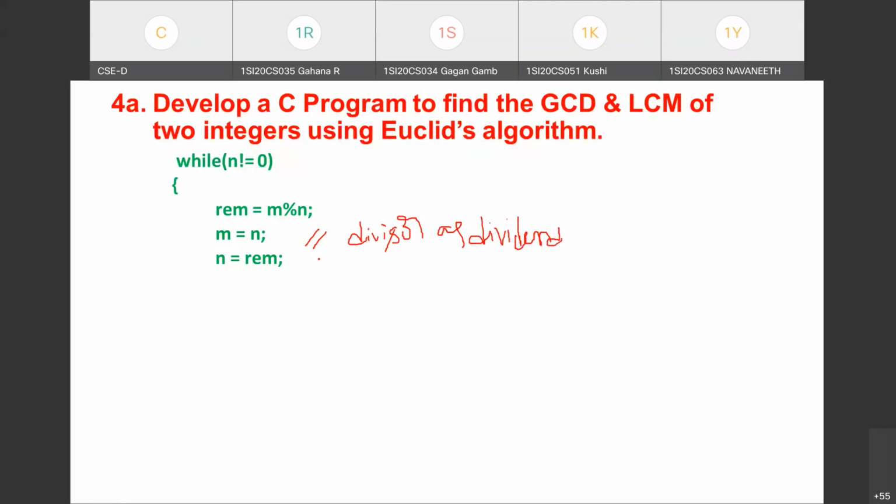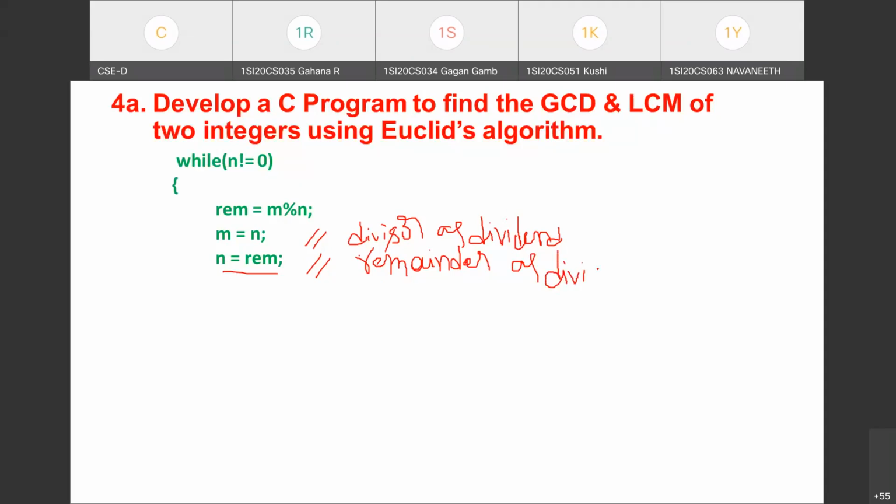So through the statement n equals remainder, what is the meaning of this assignment statement? We are making the remainder the divisor for the next iteration. This is the meaning of these two assignment statements: we are making the remainder the divisor for the next iteration.